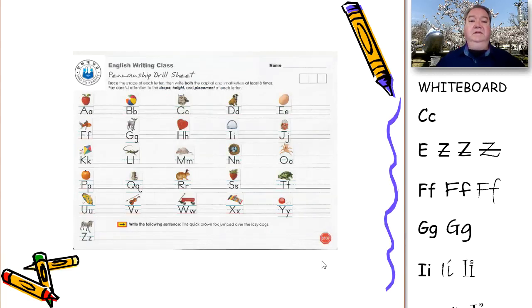In our last class, I gave you a penmanship drill sheet, drill just being practice, some repetition, and I wanted to go over a few things from that. A few mistakes that some of you made, as well as some common mistakes that I see over and over again